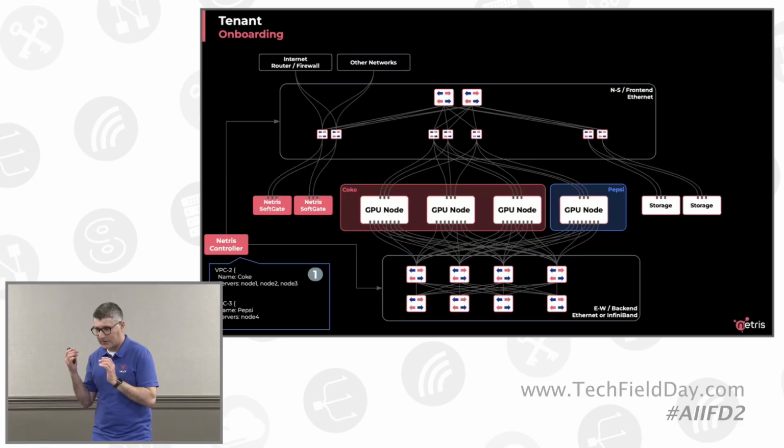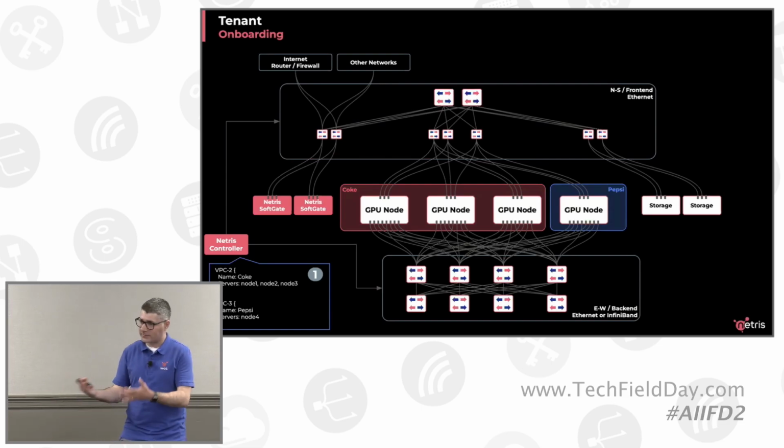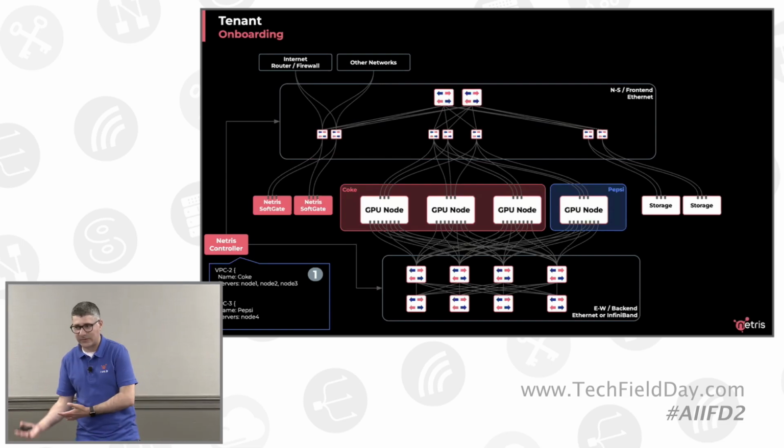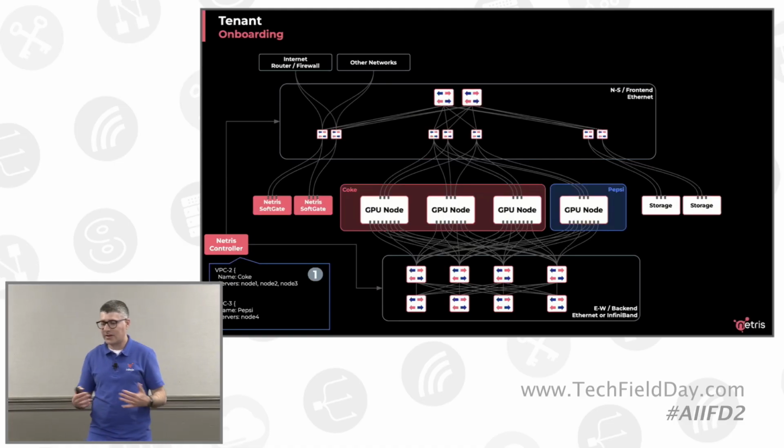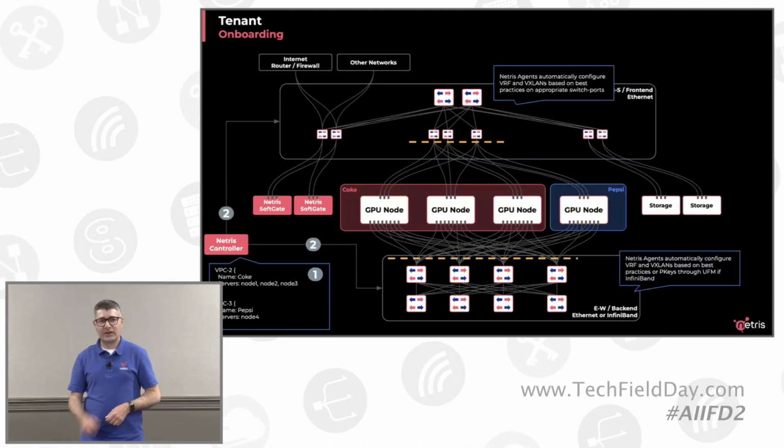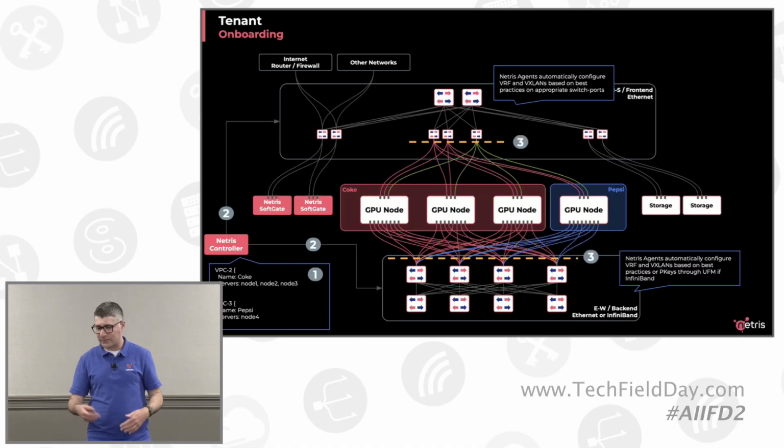Netris knows, is this an NVIDIA network? Is this an Arista network? Is this InfiniBand? What are the best practices? So these algorithms automatically go and generate appropriate configurations on every switch. If it's bare metal, the isolation would happen on the switch ports, basically on the switch layer. After that, provisioning is done, VRFs, VLANs, VXLANs are created, and your servers can talk to each other.